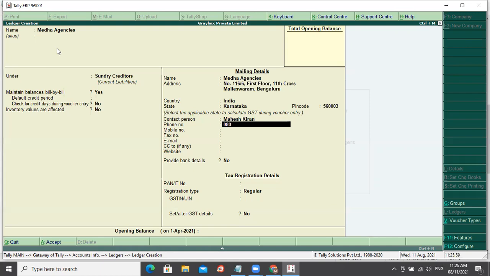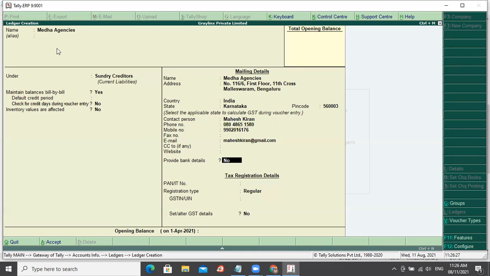Then contact person, if you have all these details, you could give them or leave it blank. So I'm just updating. Then mobile number, email ID. Then bank details. If you want to make online payment using Tally, you could also update the bank details for this party.